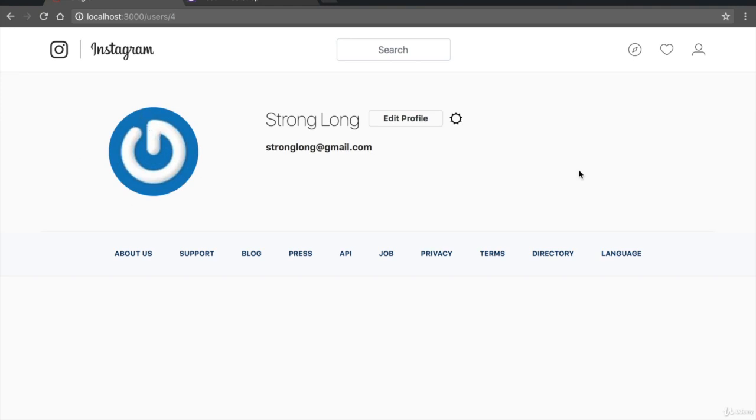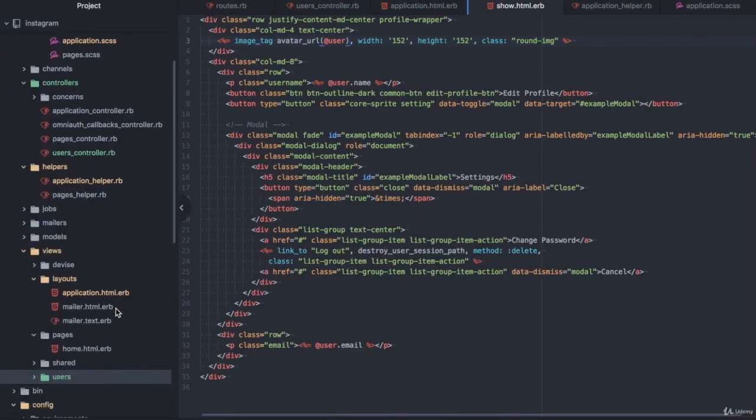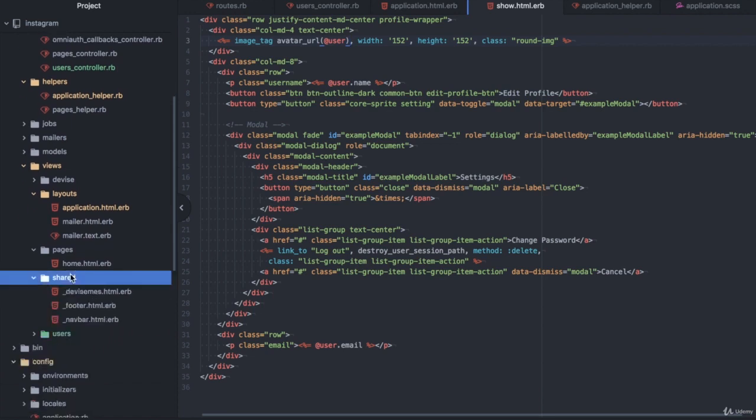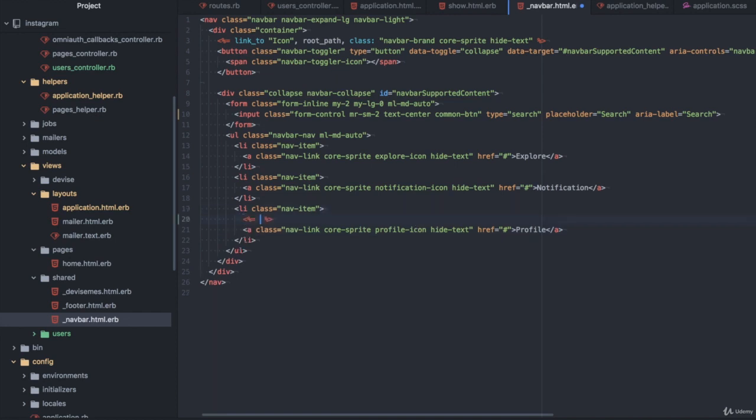And the last thing to do is I want to update this. So when you click this button, you will go to your profile. And I'm going to customize this because it's too big. So open your navbar. It should be in shared, navbar, and in here I'm gonna add a comment button. And in this profile, I'm gonna write something like this: